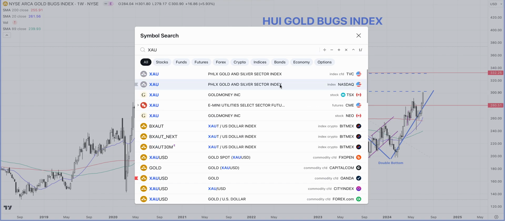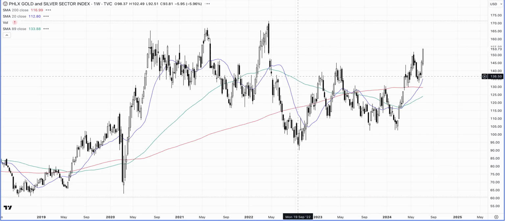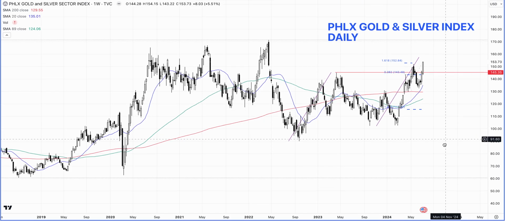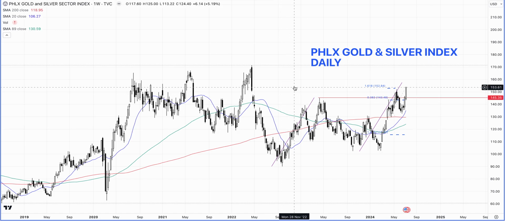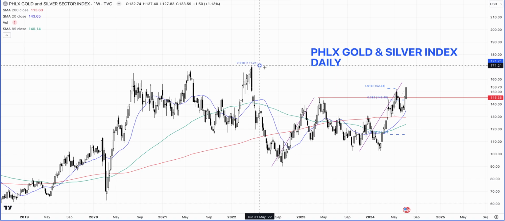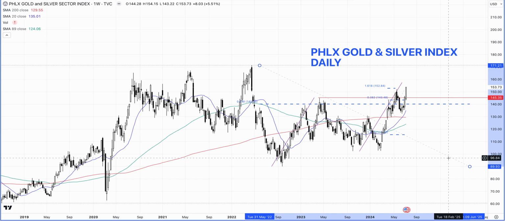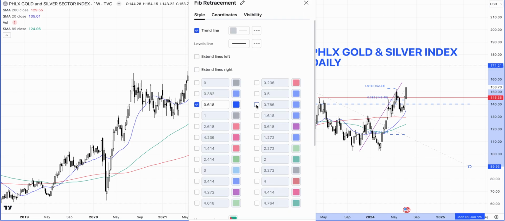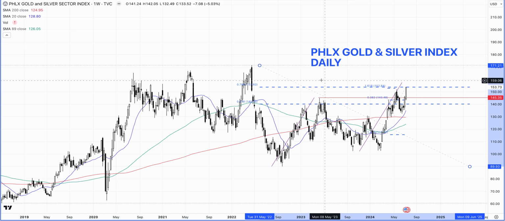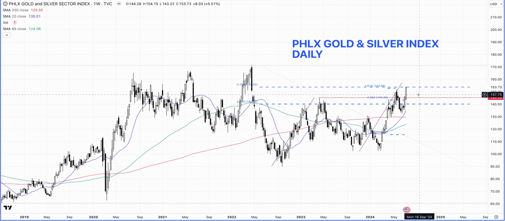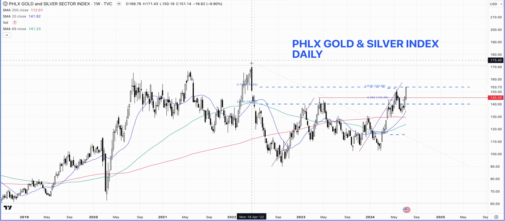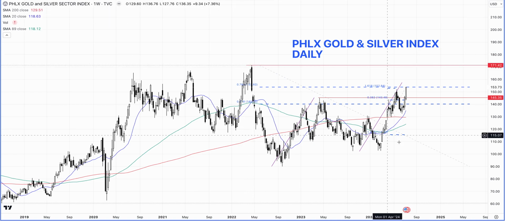Now, if we take a look at the XAU, which is the gold and silver sector index, here we go. Again, we see a very similar kind of picture. We see a really strong close for the past week, so last week. And here we have the ABCD coming a little bit higher. And I believe the price from the all-time highs that were reached is nearly about a 78.6% retracement. There we go, yeah, it closed right at the 78.6% retracement. So this is the level where we can see some sort of resistance come in. In other words, maybe some sort of profit taking might take place, and ultimately I think it's going to go for these highs. And the momentum is pretty strong.